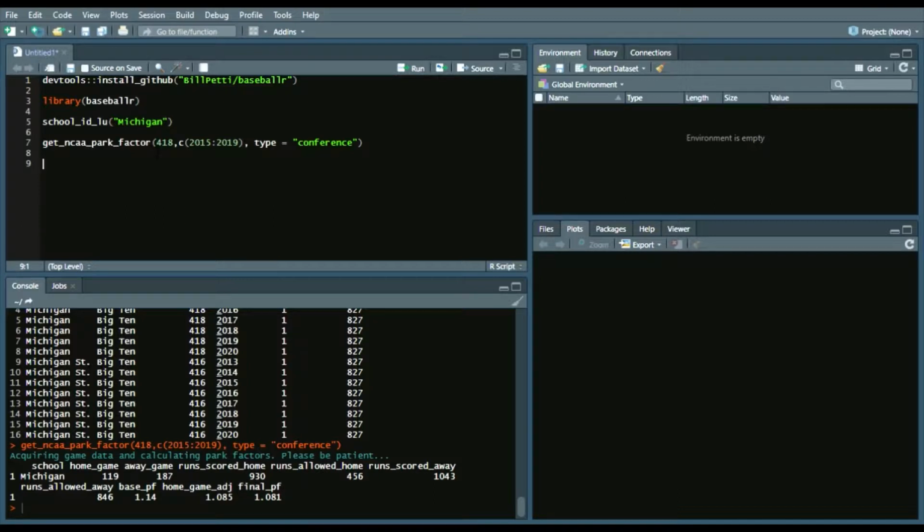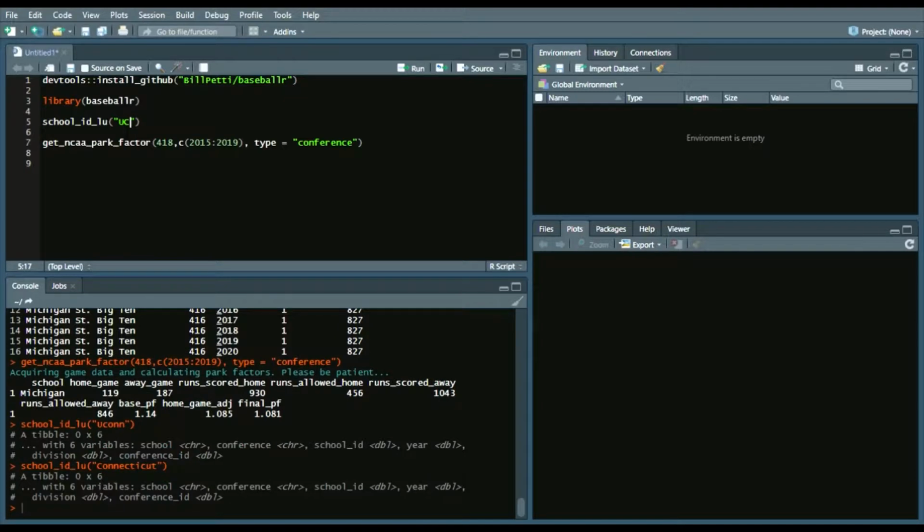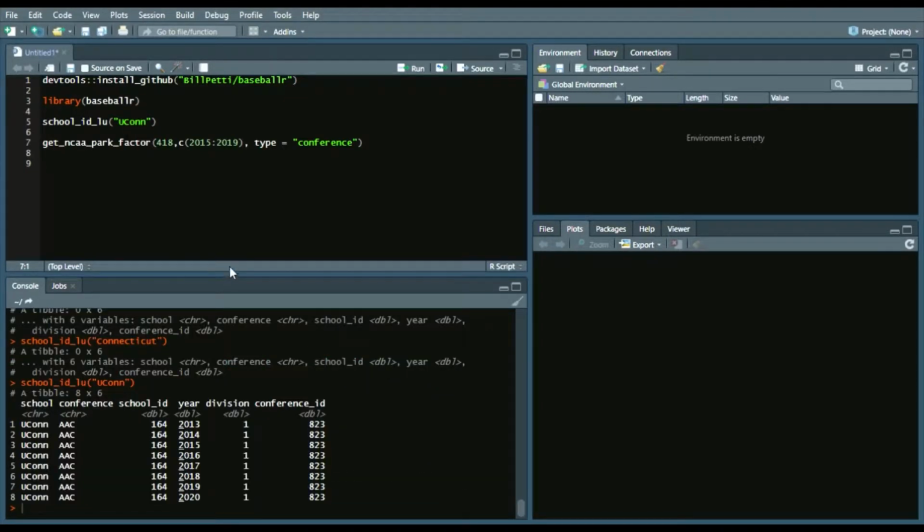And it's useful to understand the different environments that each team plays in. Because there are some teams like UConn, J.O. Christian Field is super pitcher friendly if you did it at the division level. So I can actually show you that. So how about UConn? There we go. So their school ID is 164. So J.O. Christian Field. It's no longer there. They built a new park, but we'll say the same amount of time, 5 years,